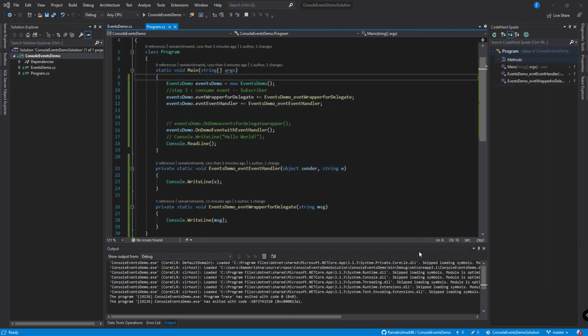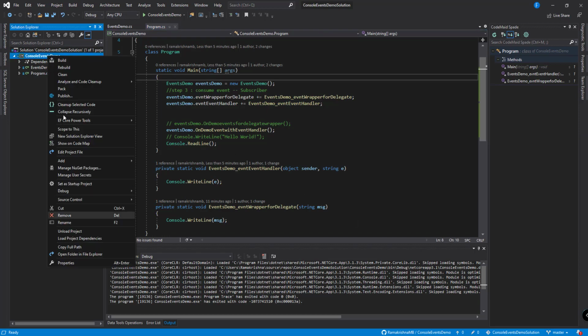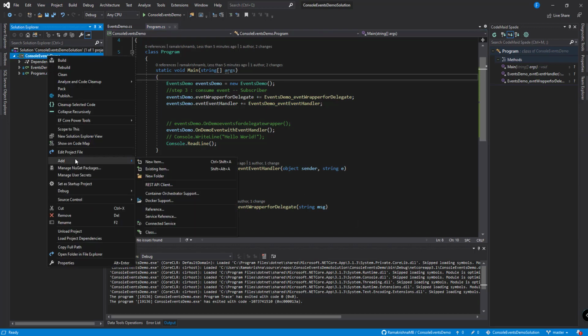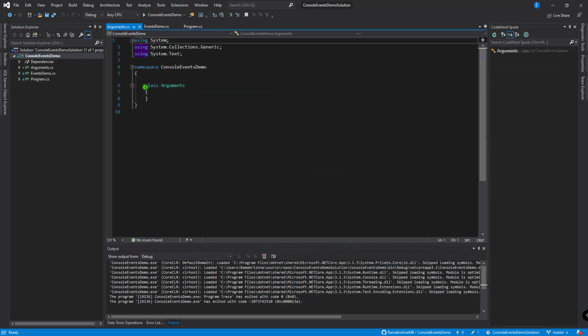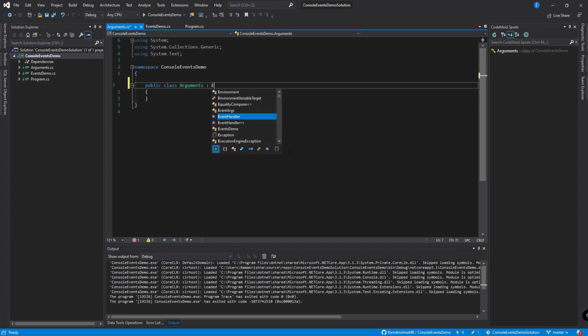To use our event arguments, let me add a class. Call this argument class. Make this class public and inherit this class from event args.